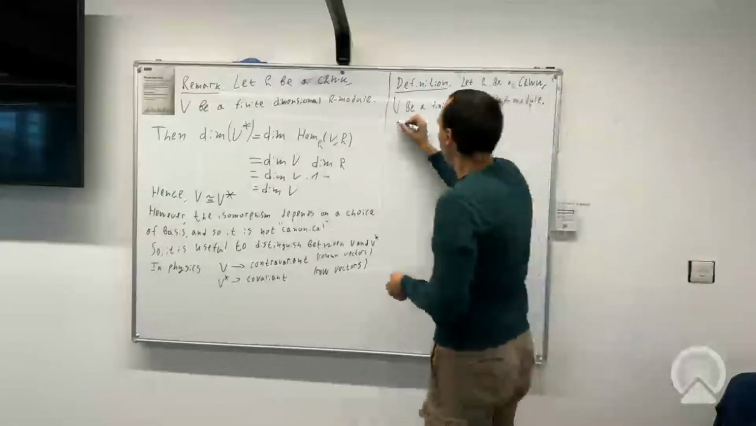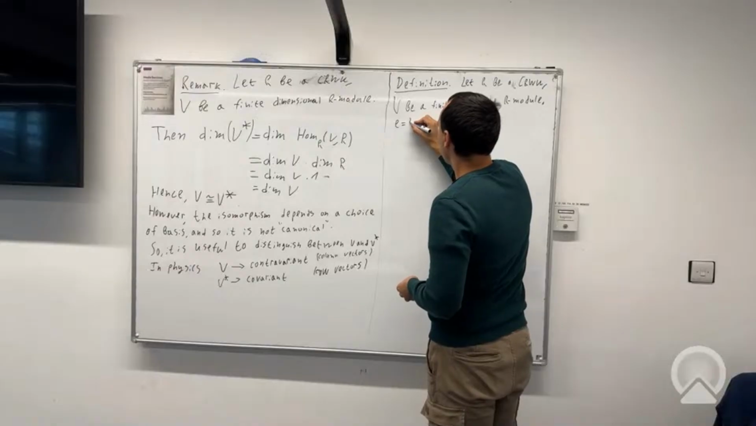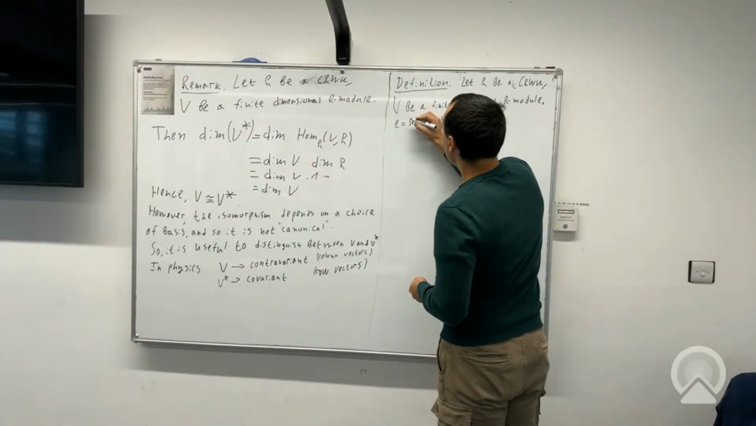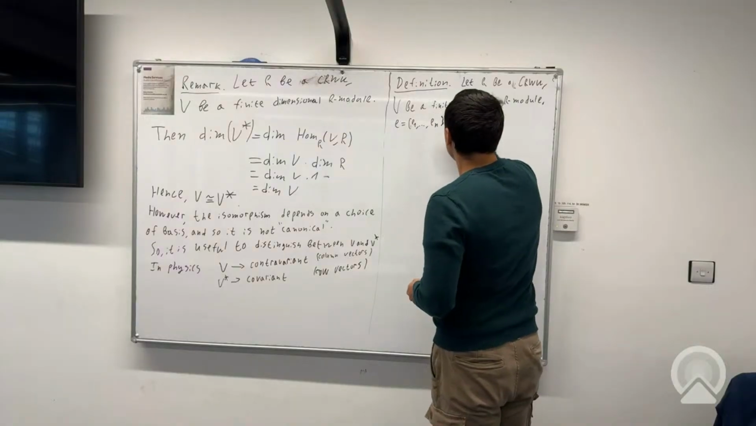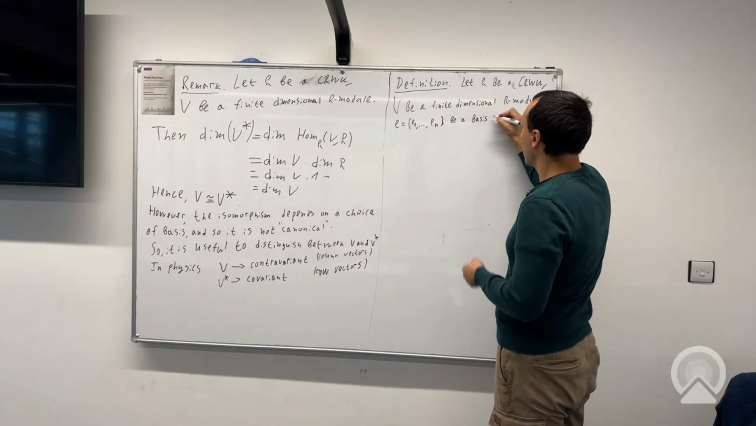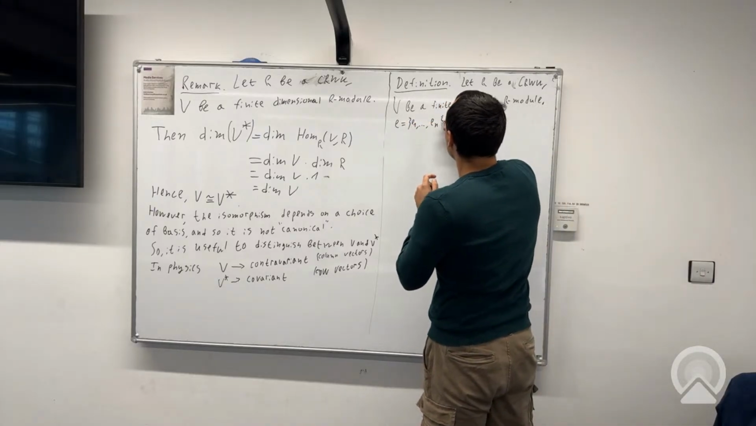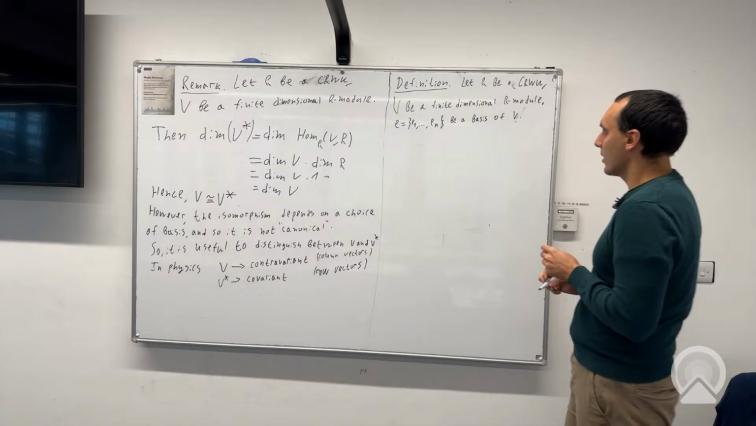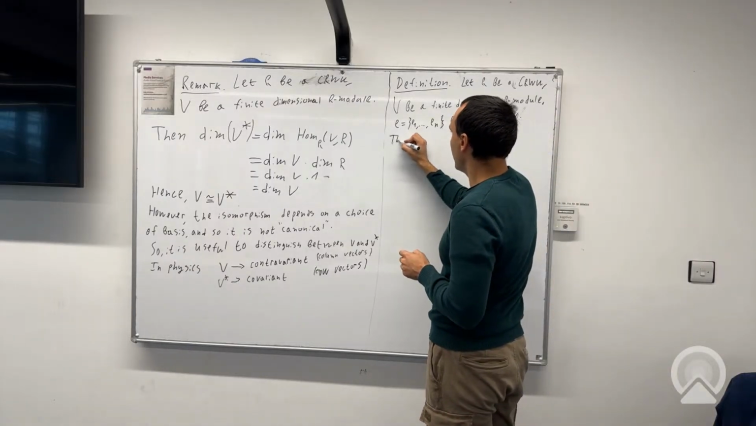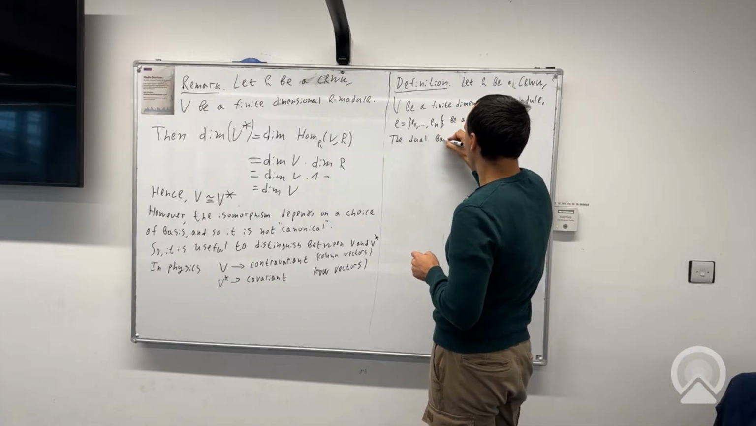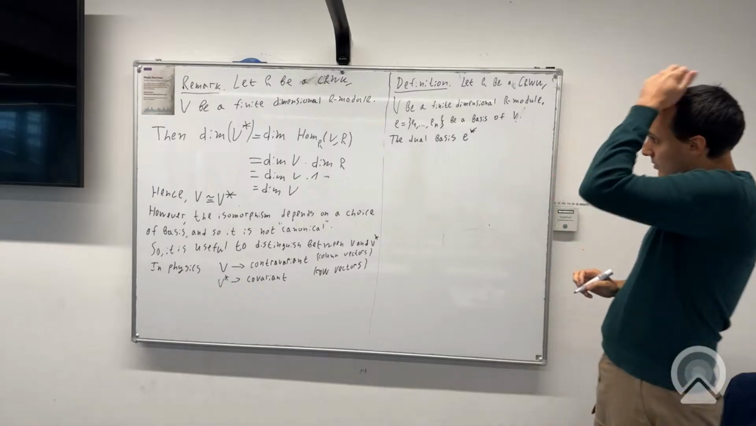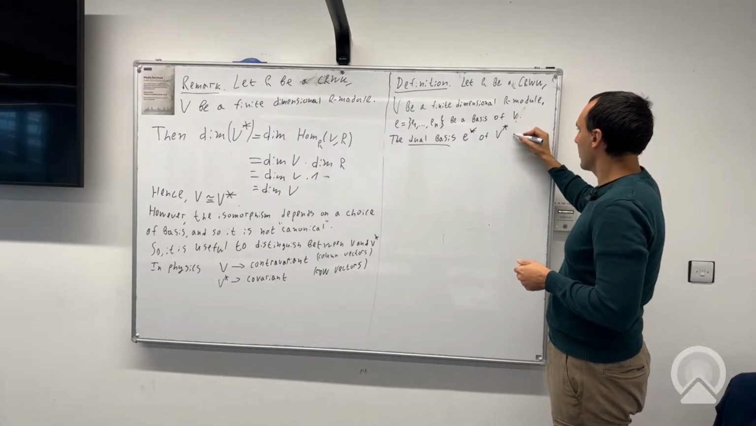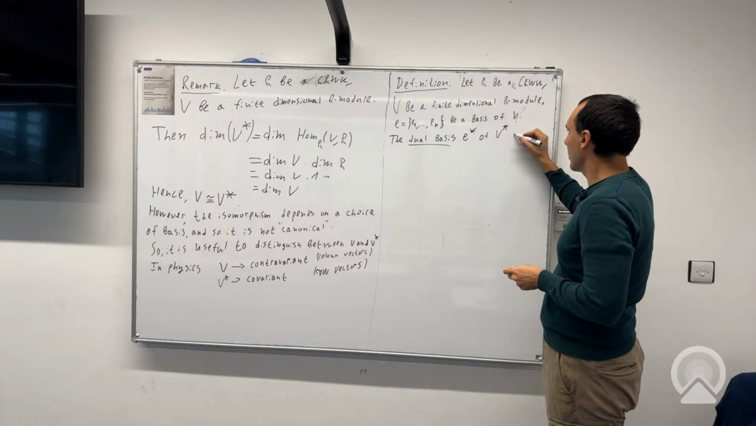And E equals e1 to en, a basis of V. Not ordered, just a basis of V. And then the dual basis, let's call it E star, of V star is given by